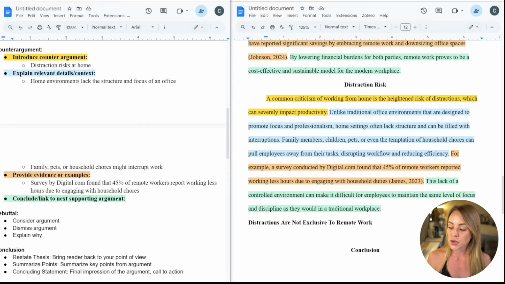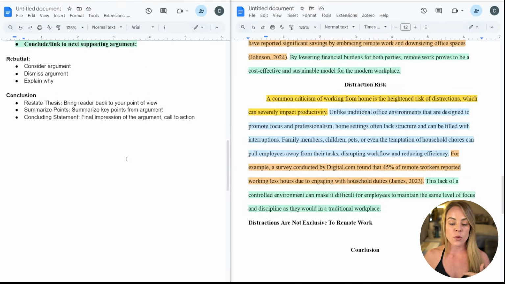For example, a survey conducted by Digital.com found that 45% of remote workers reported working fewer hours due to engaging with household duties. This lack of controlled environment can make it difficult for employees to maintain the same level of focus and discipline as they would in a traditional workplace. But that concludes our counter argument,